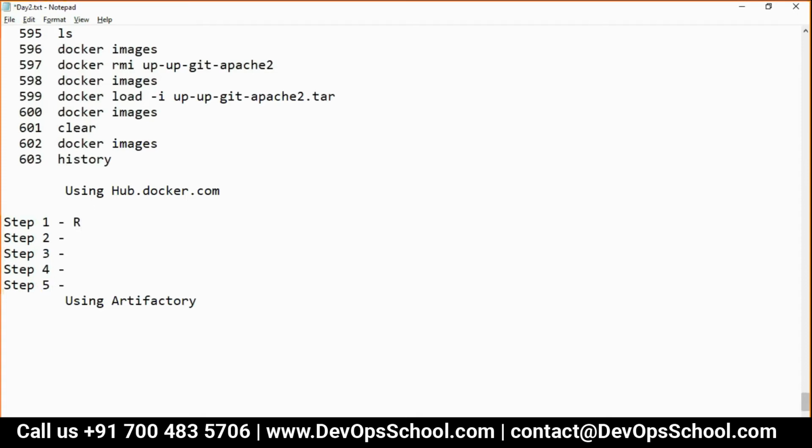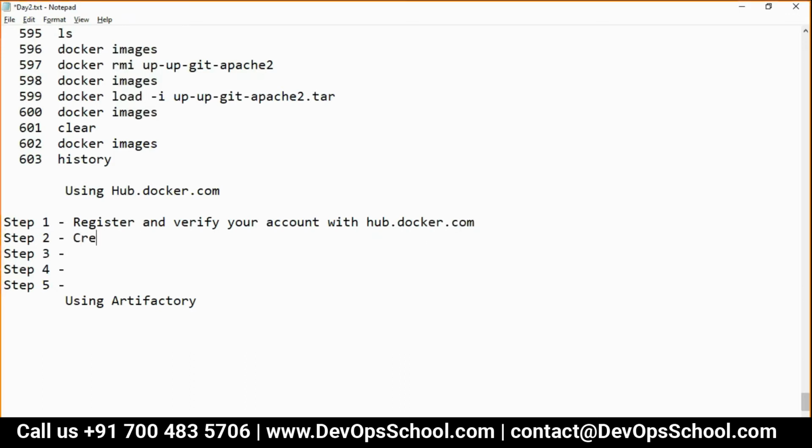First thing, register and verify your account with hub.docker.com. You have a Gmail ID, no? You can register with hub.docker.com.